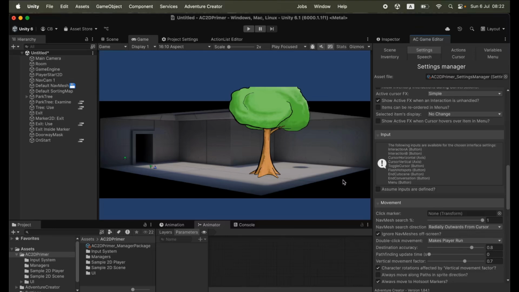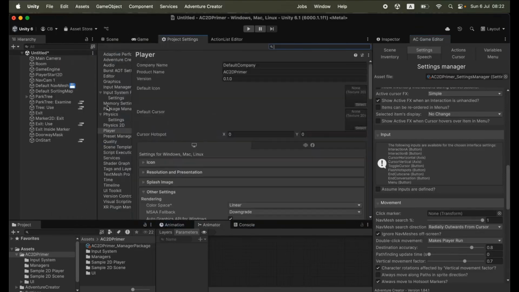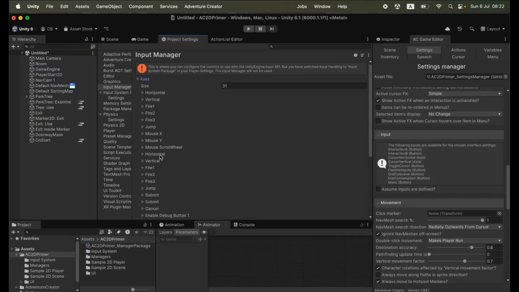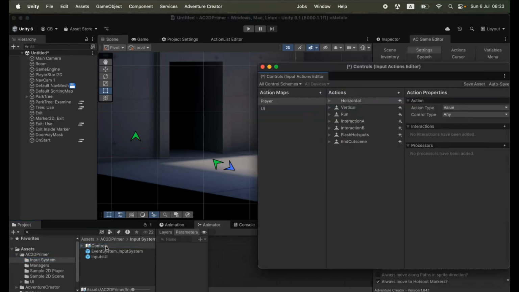If we were using Unity's old Input Manager, this would be a case of going to our project settings, going to Input Manager, and creating a new input here. But as it is, we're using Unity 6.1, which uses input system by default, and so we're making use of AC's integration for that. Inside the game folder that the New Game Wizard created for us, that means we have an input system subfolder, and inside that we have a controls asset that we can double click to bring up